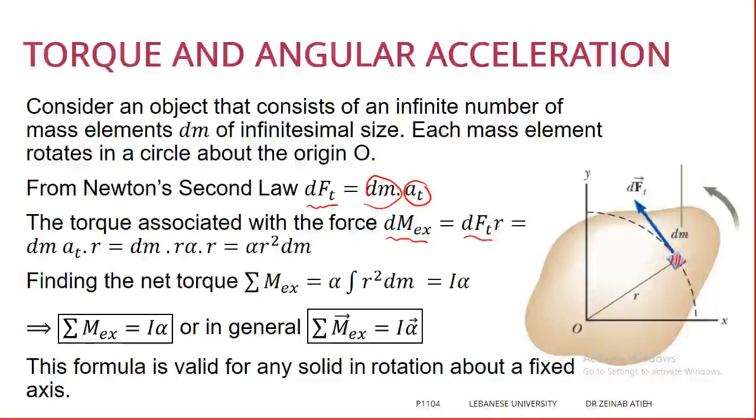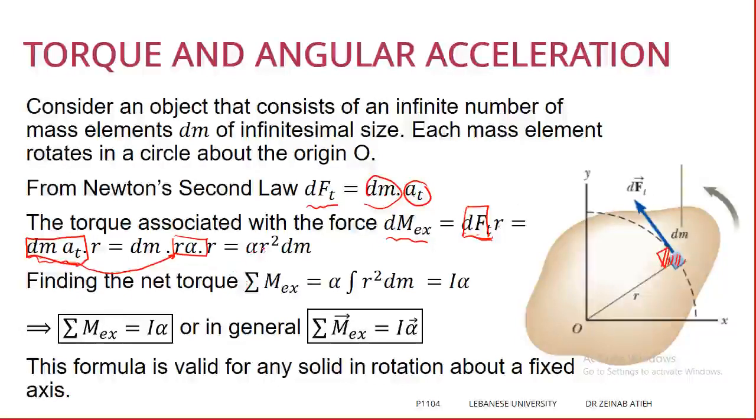Remember that it's r sine 90 because the angle between r and F is 90, so it's only dF times r. I substituted dFt by dm a_t, then I substituted a_t by r alpha,